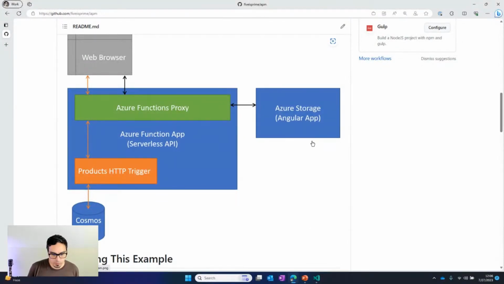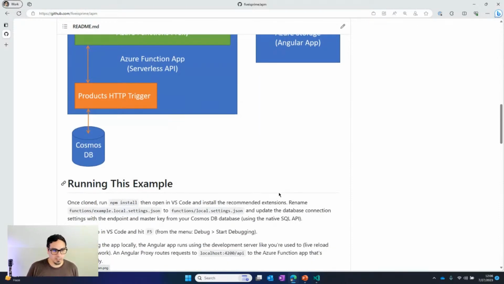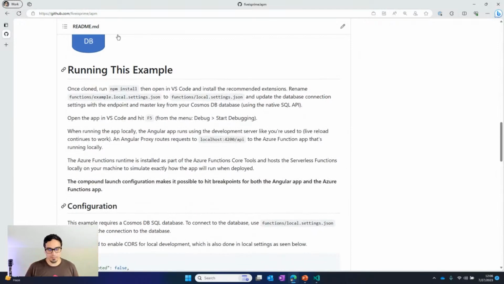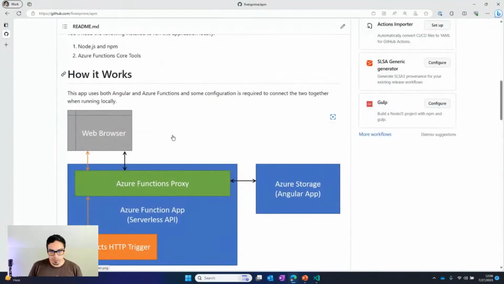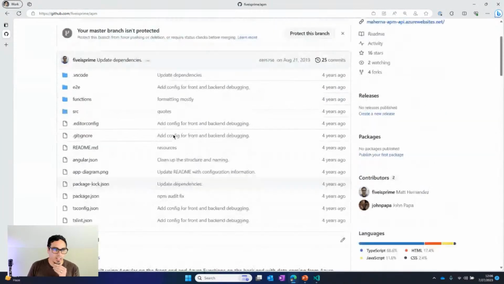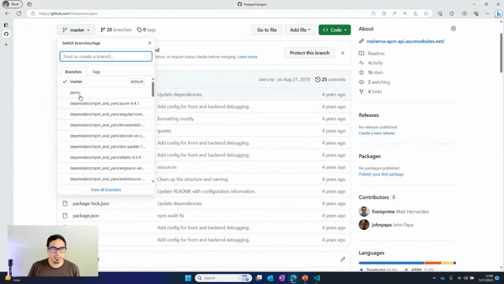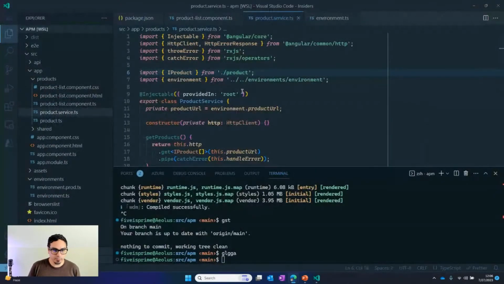I had an Azure storage container where I was deploying the files from my Angular app manually from my editor. I was using functions proxies, which I don't think exist anymore, and HTTP triggers were my API endpoints going to a Cosmos database with bindings. Quite a bit going on, so much so that there was a section on how to run this example. So what I wanted to do is there's a demo branch on here that starts with nothing,